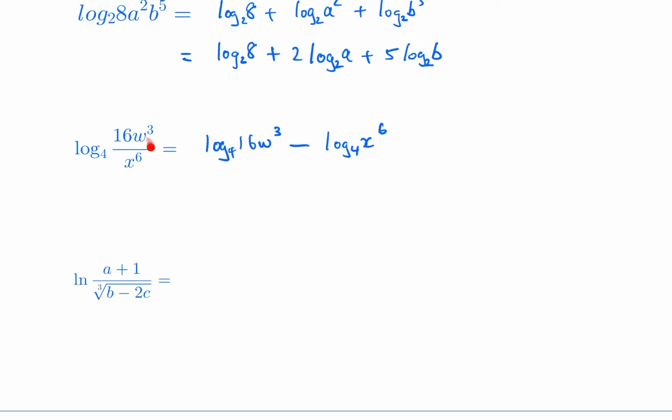We have this fraction here, so we're going to break it up into separate logs with a subtraction sign. Now we're going to need to resolve this exponent as well as this one. Again, these come to the front. This also comes to the front. So then this becomes 3 log of 16w base 4